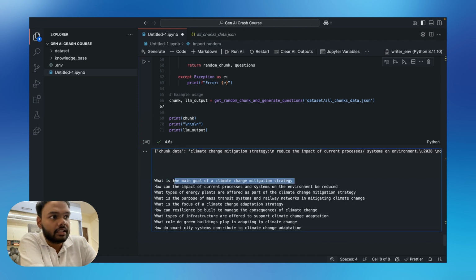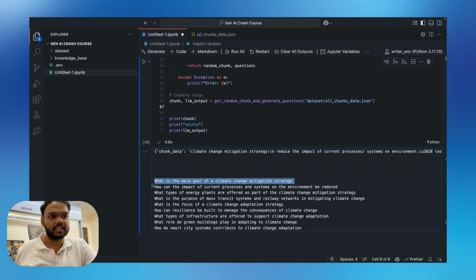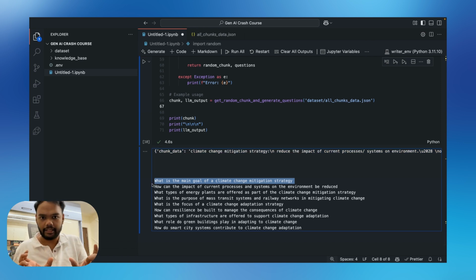Okay, and these are the set of questions that have been created. What is the main goal of climate change mitigation strategy? This chunk itself is about climate change mitigation strategy, and I've got 10 different questions here. Now what I'll do is I'll take each of these questions, I'll combine the question with chunk data, and that